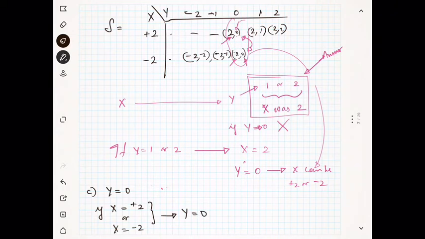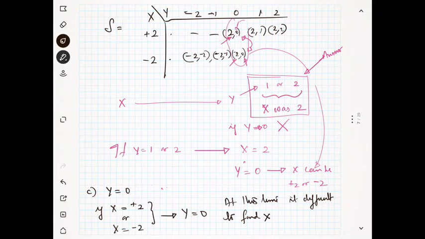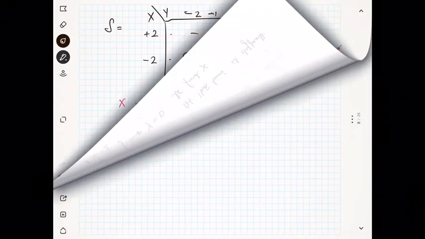And during this time, actually it is difficult to find x, because x can be plus 2 or minus 2. So we cannot say anything about x during this time. Next is